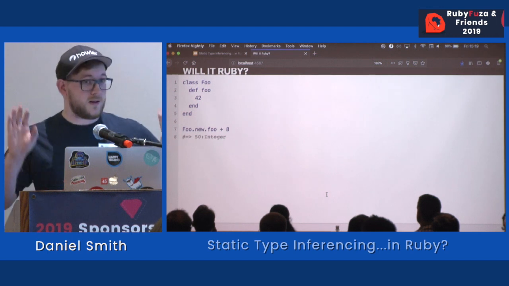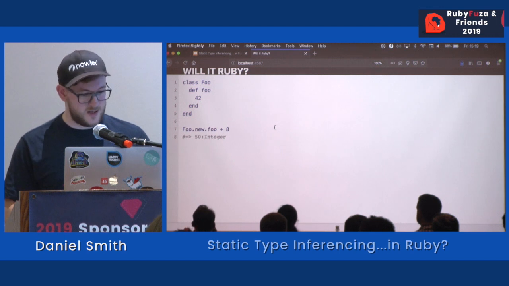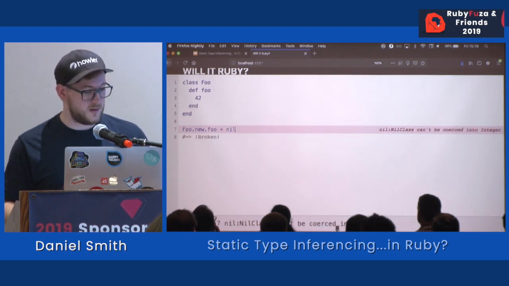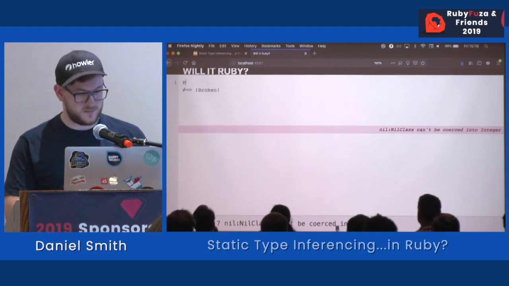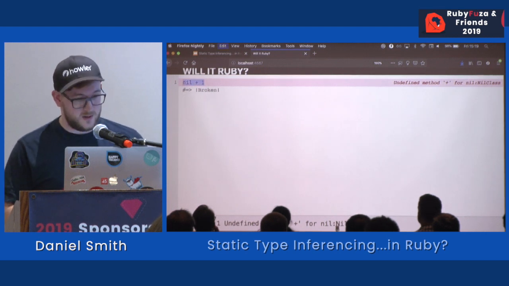Okay, so disclaimer, this is not being run by Ruby, but it can in fact do things like tell me nil class cannot be coerced into an integer. Let's start with some basic stuff, right? So like nil plus 1, nope, that's not allowed. But I'll give you an example of